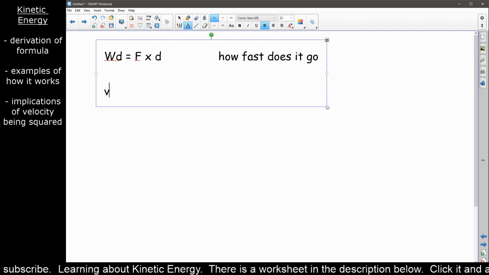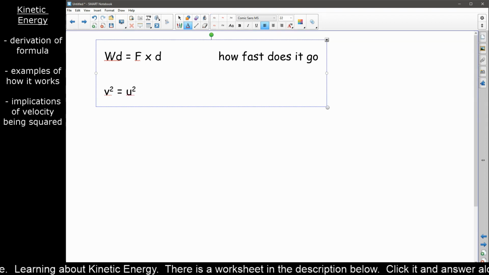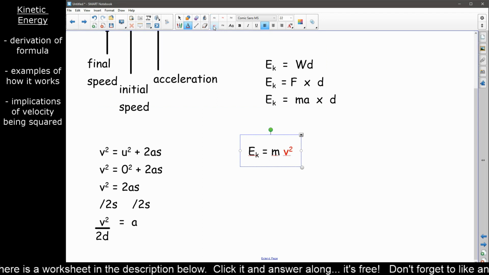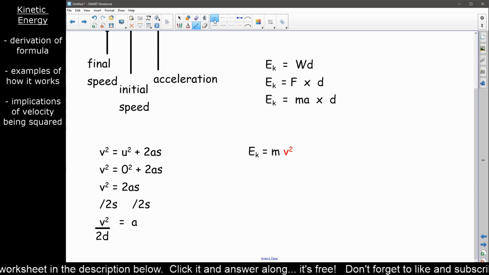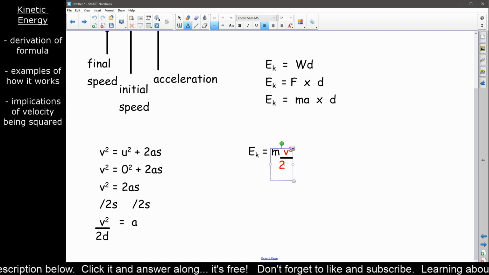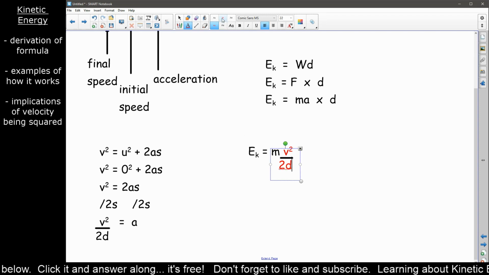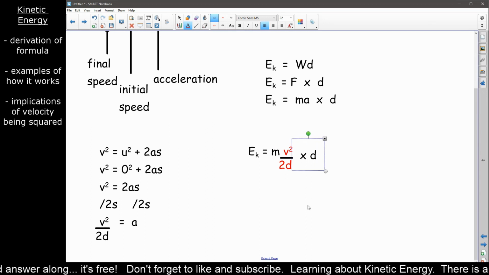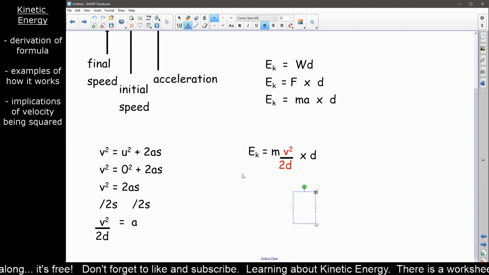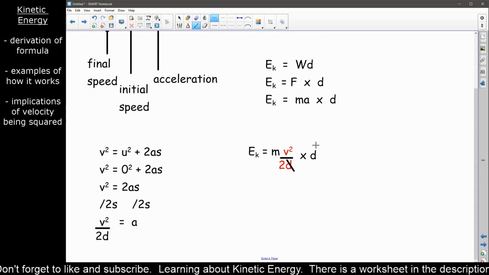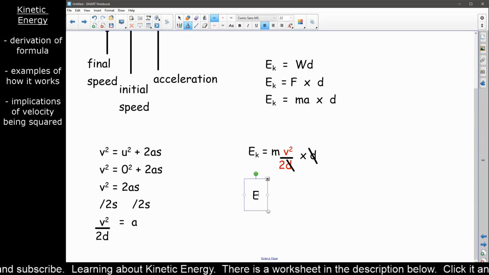And we can use this idea of work done equals force times distance and one of Newton's laws of motion, that is v squared equals u squared plus 2a in our other bit here, which is v squared over (2d). And then we're going to multiply that by d because we have to at the end. So what I've done in the red is I've just replaced a with this. Alright, now what happens here is that we've got a divided by d and a multiplied by d. They cancel each other out, and that gives me that ek